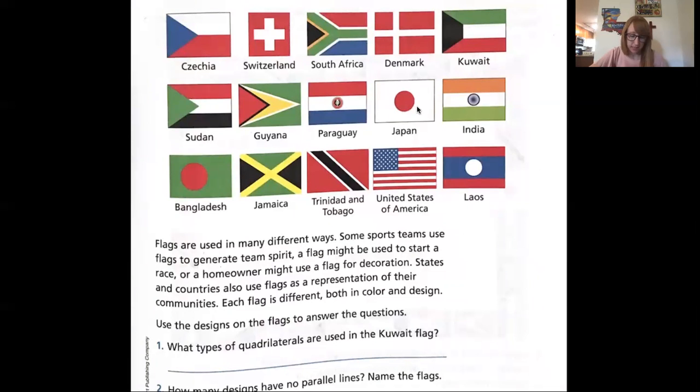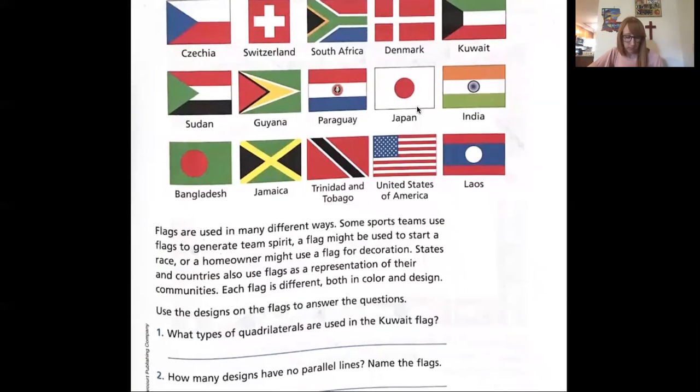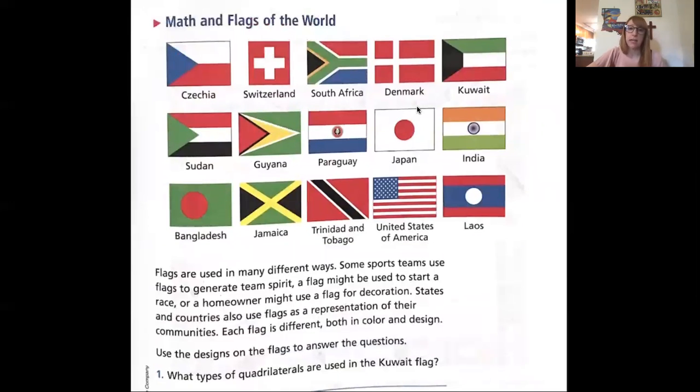So here we have some flags of different countries, and one question that came up on Zoom today, I don't know why Switzerland is a square and the others are rectangles. Possibly the edges are white, or Switzerland just has a different shaped flag. I don't know. Okay, so these are all different countries that we're looking at here. Number 1 says, what types of quadrilaterals are used in the Kuwait flag? Now, if we look closely, there are 2, and